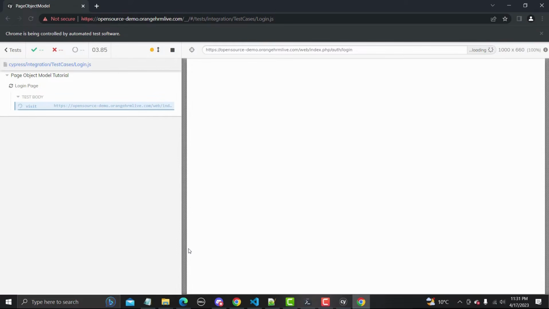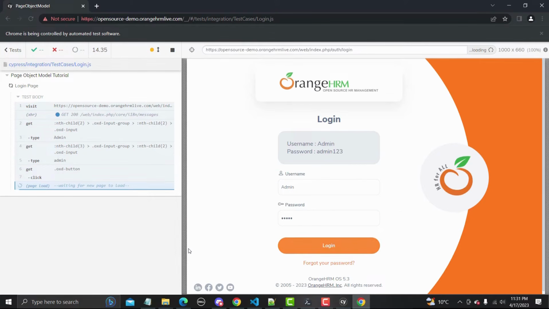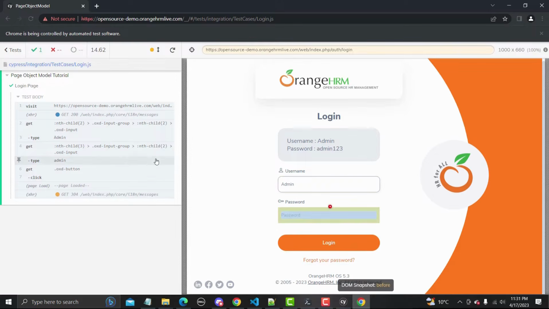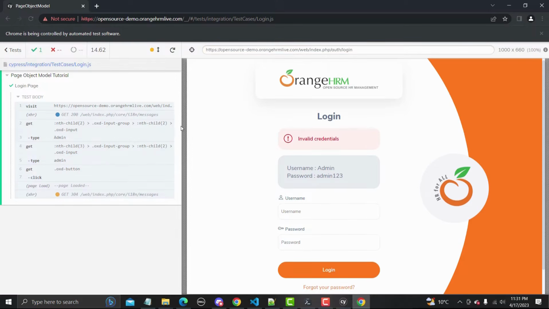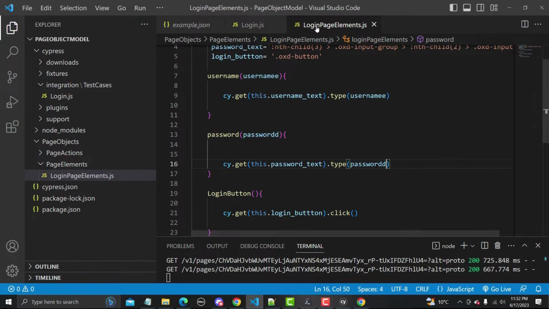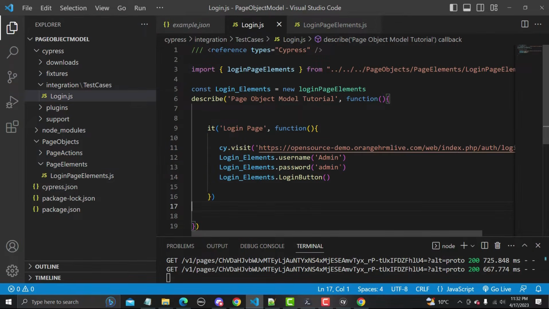Now it should work perfectly fine. It will go to the website here. It should provide the username, it should provide the password, it should log in to the application successfully. And yes, the application says invalid credentials. The script is working, but it says invalid credentials. So let's debug the credentials here. So admin123, and if we go to our main file, yeah, so it's admin123.